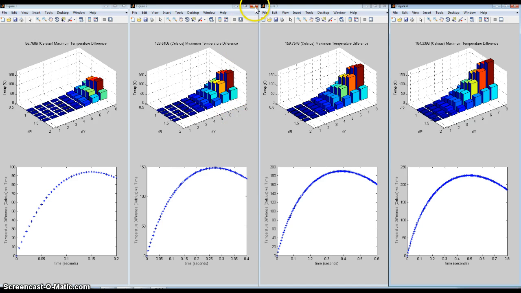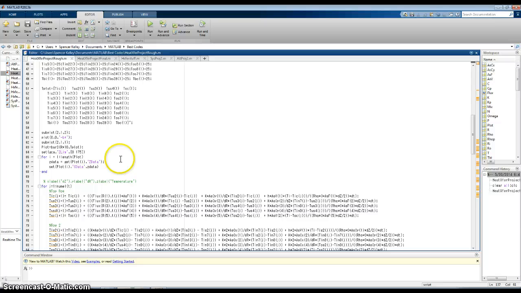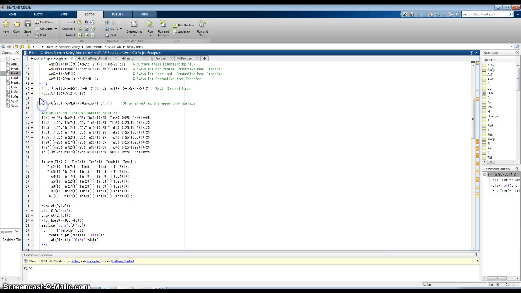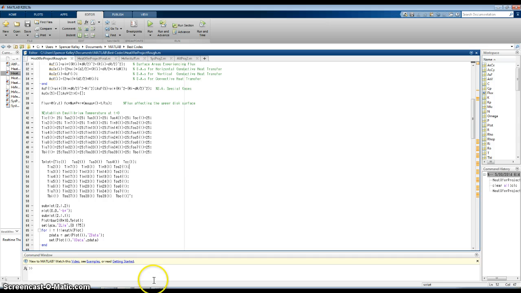So while I'm proud of the code, it's not the most effective version of that code, and furthermore I actually missed a variable somewhere in the equation dictating the temperature profile of the top corner node, which is why this bar is so low, because the flux actually is radius and time dependent, and this is the line for the flux. Had the code been accurate, that last bar would have been even higher than the one directly adjacent to it. So there are just some shortcomings in the code